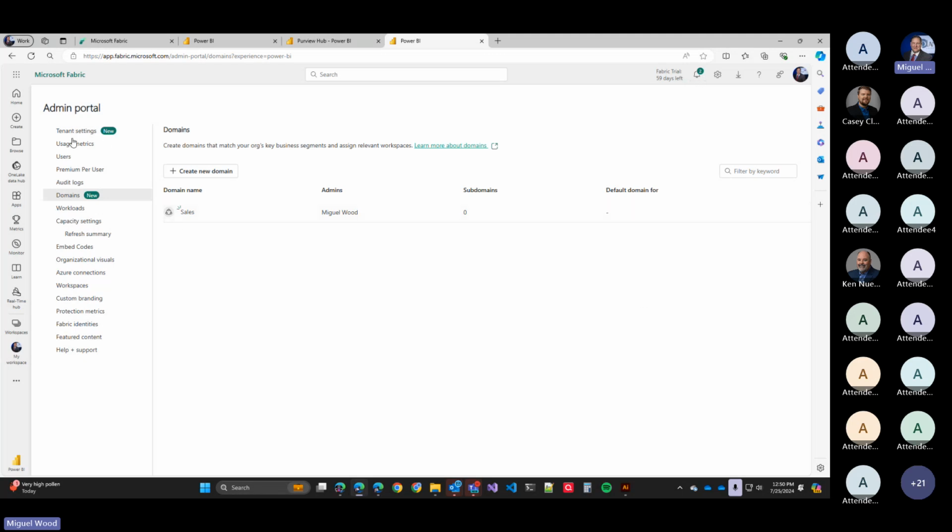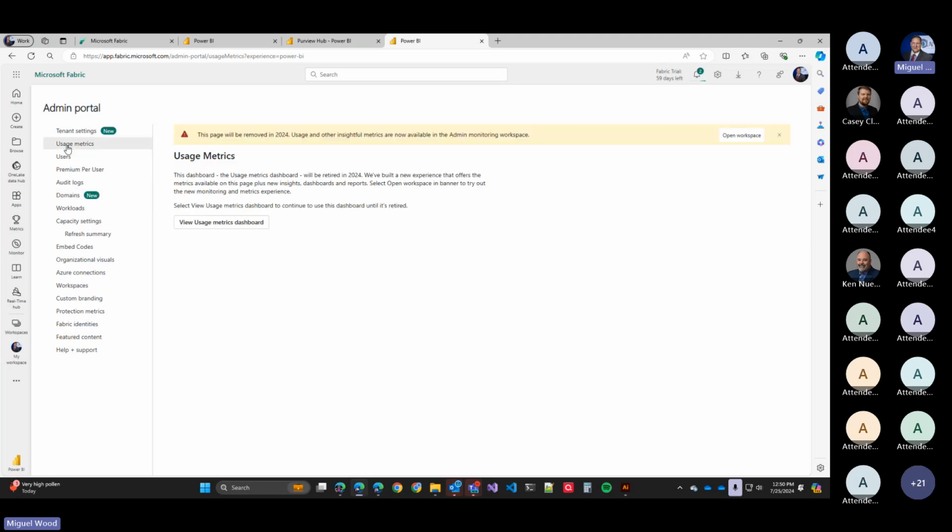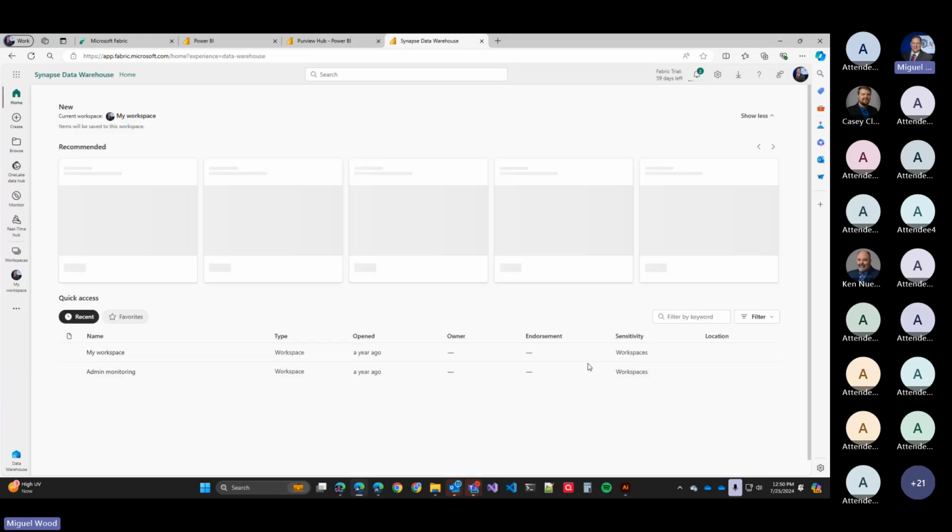By the way, I was just looking at the tenant settings. You've got all your usage metrics, PPU, remember, because they still have access to it. Identities, it is very, very robust in the administration and management of that as well. What I didn't show, and I'll show the last little thing, let me just jump over to say data engineering. Let me do data warehouse. That's going to be most common.